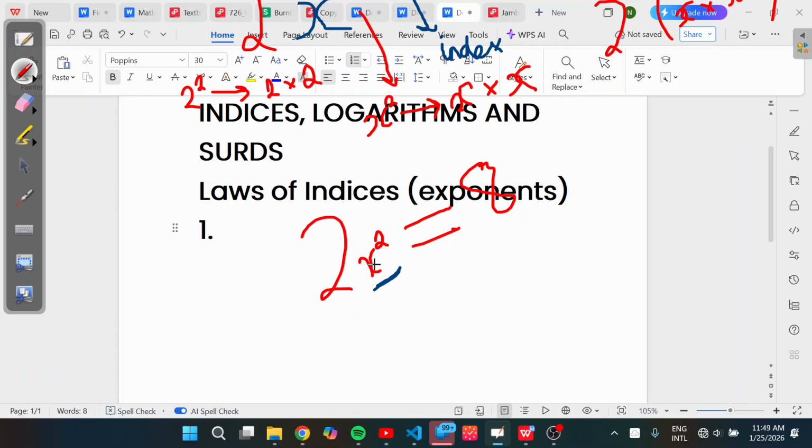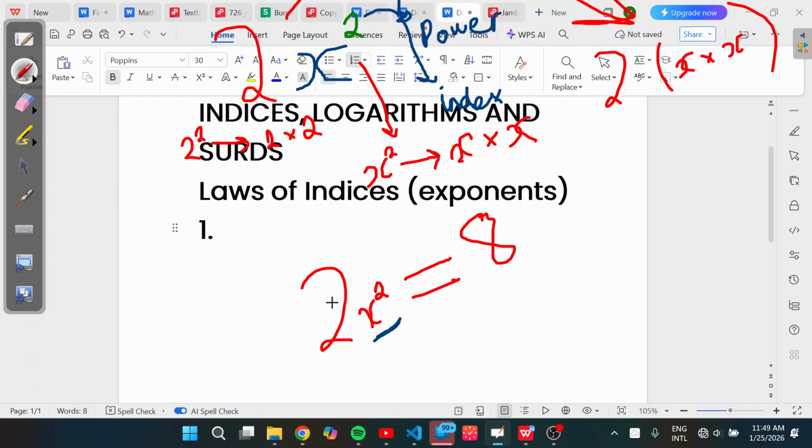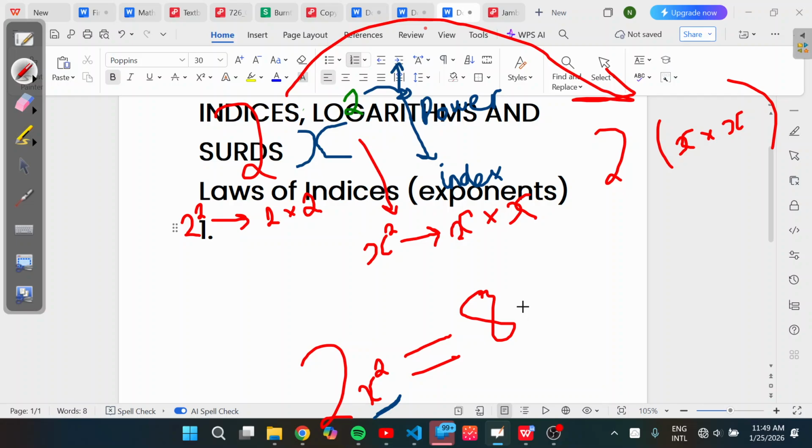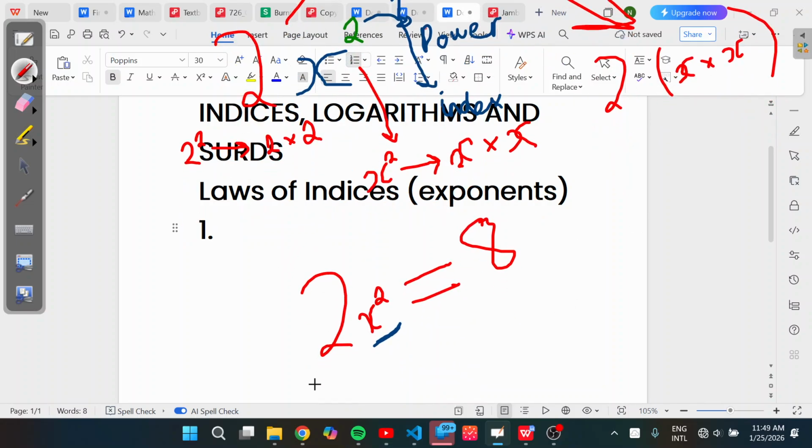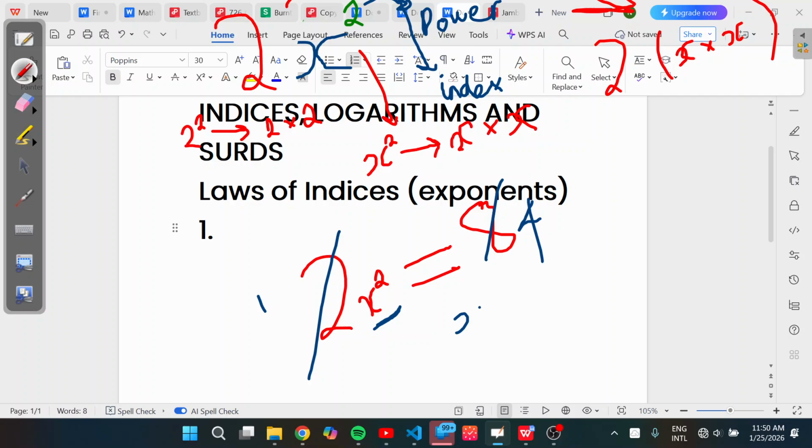So let me just quickly solve this. We need to get the x, for example. So what will we do? Divide both sides by 2. That is, we're using the coefficient here to divide the coefficient here, because it also has this 8 here. We can also refer to it as a term, though it lacks a variable and an exponent, because they are just like times 0, times 1, times 1. They don't exist actually. So we use this coefficient here to divide this one. 2 in 8, 4. So what we're left with now is x squared